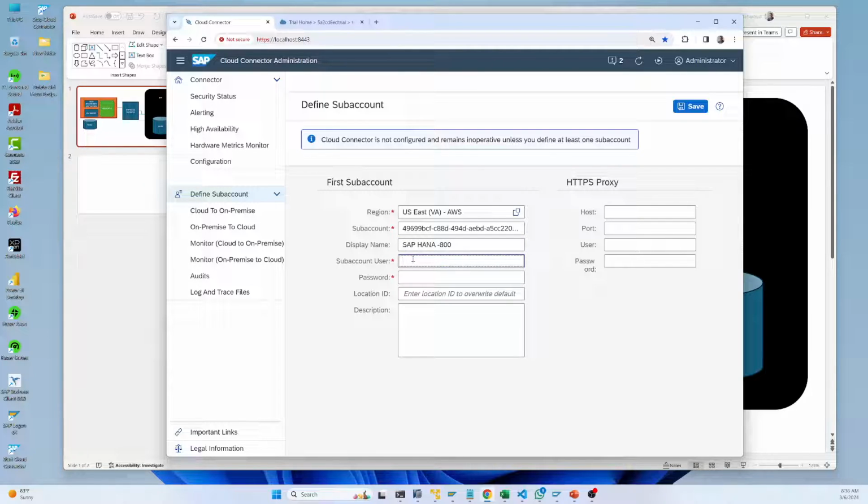I have to use my username and password, which is my subaccount user and password. And I'm using that password. So that's all. If I just save,